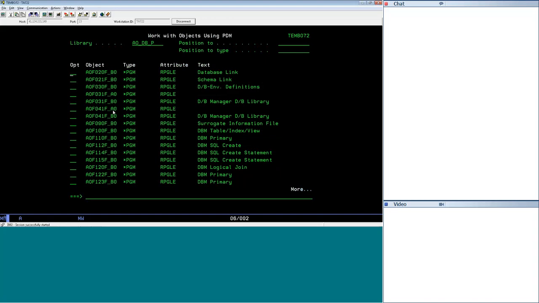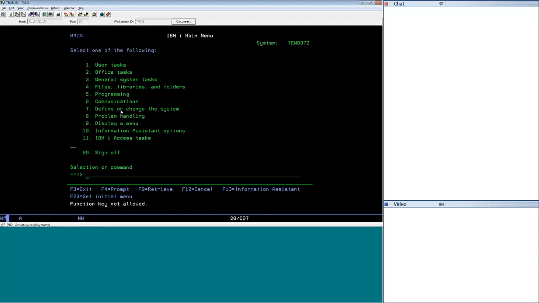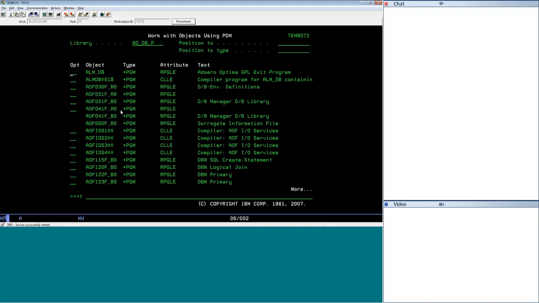An A0 indicates it's an after trigger program. And those programs reside in the same database with my files. So that if I look at the view, you can see quite clearly,